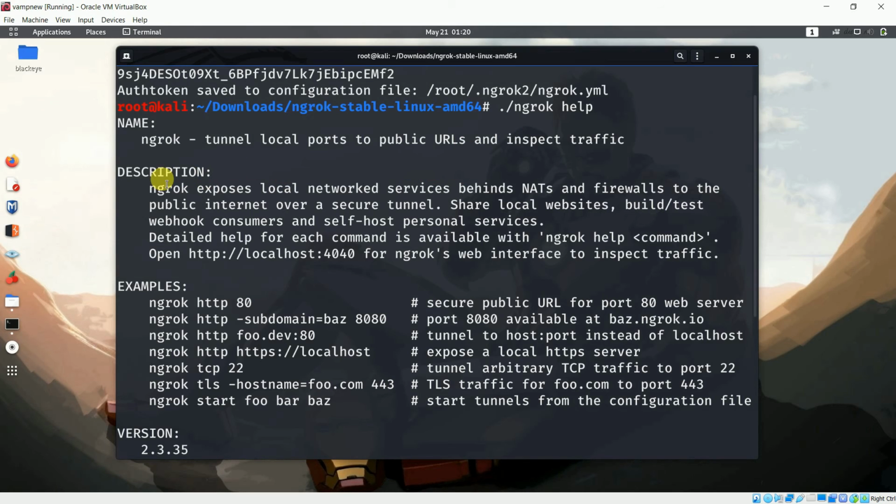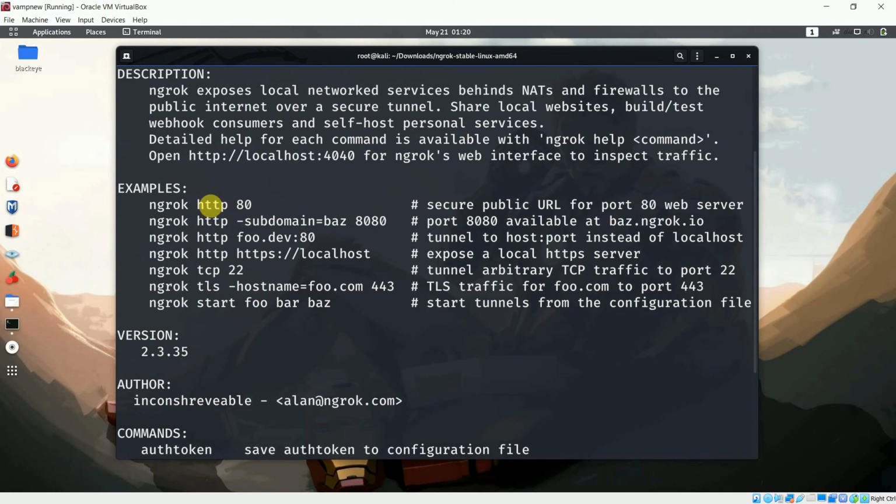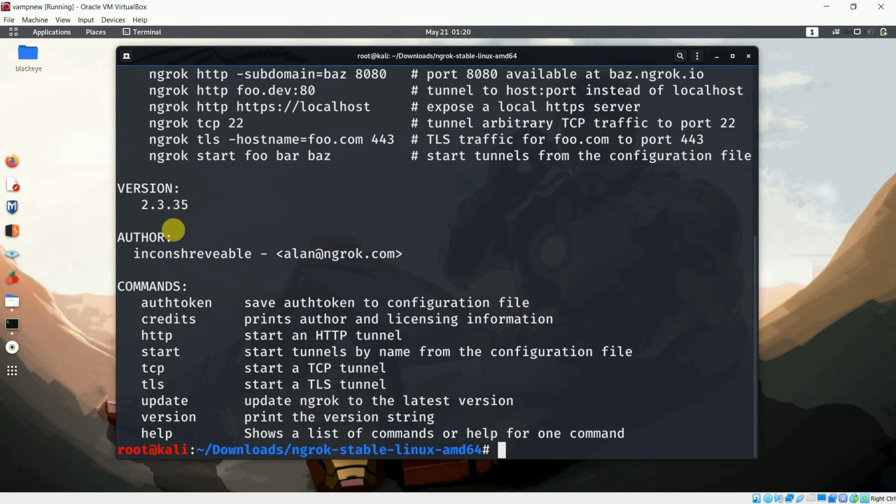So here you can see in the description part, ngrok exposes your local network services behind a NAT and a firewall to the public internet over a secure tunnel. So everything is written here, what I have already told you in the first part, and these are some of the examples of how to use ngrok. And here you get the version, the commands to update, to see the version,